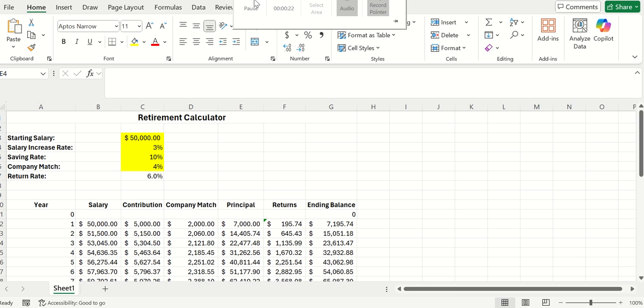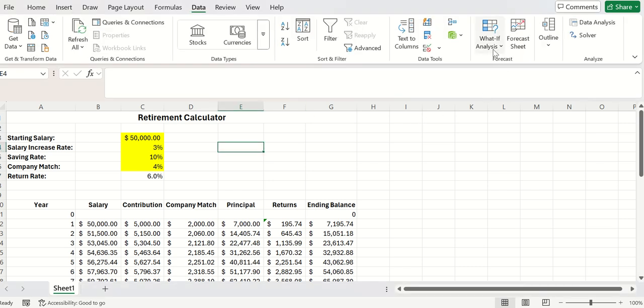So if you go there, you open up the retirement calculator. The things that Claire is interested in, I have highlighted here. Starting salary, the salary increase, the savings rate, and the company match are different for all 3 of these companies that she's interested in. So what we're going to do to construct these scenarios, again, open this up, save your file with a new name, and then go to Data,